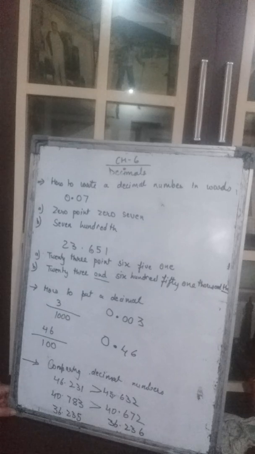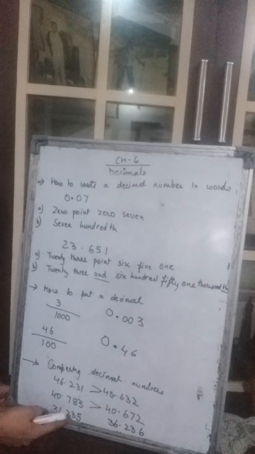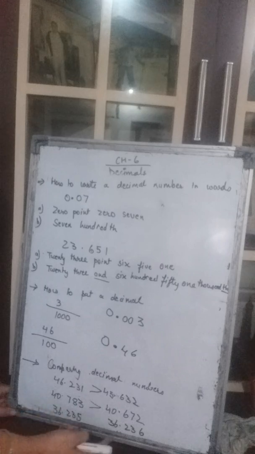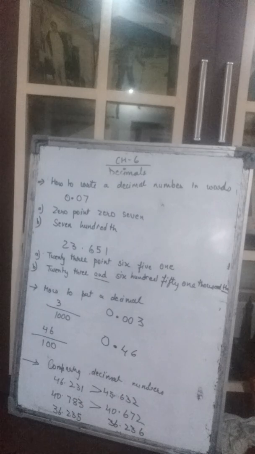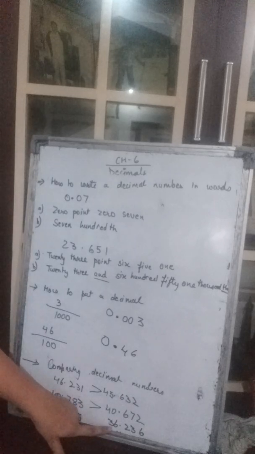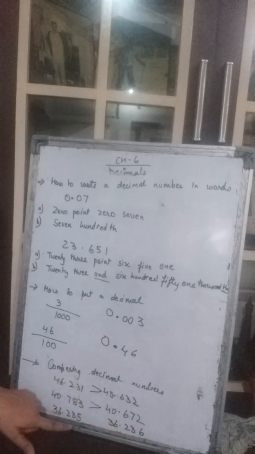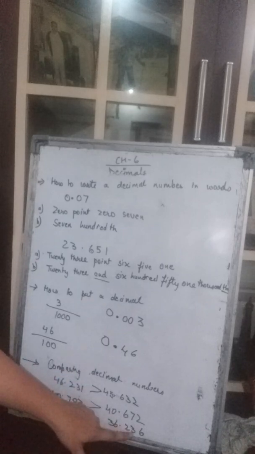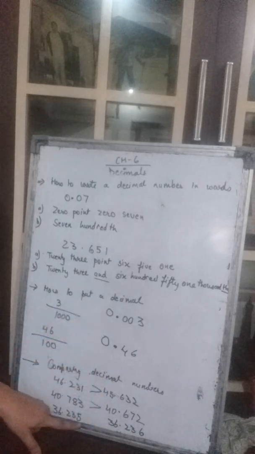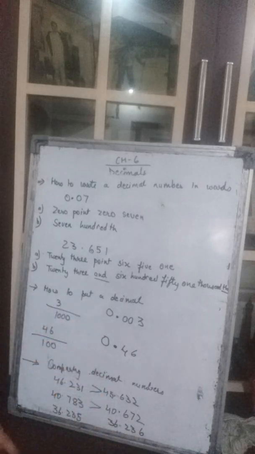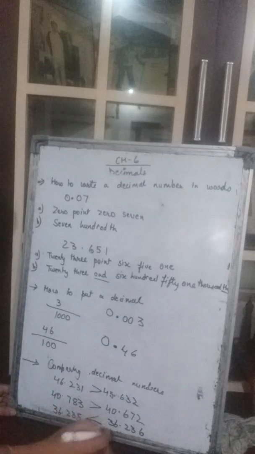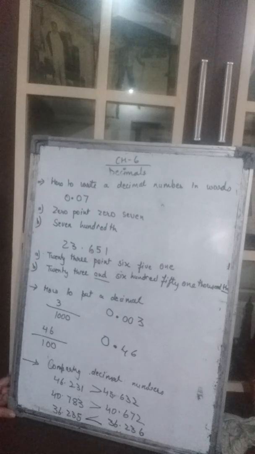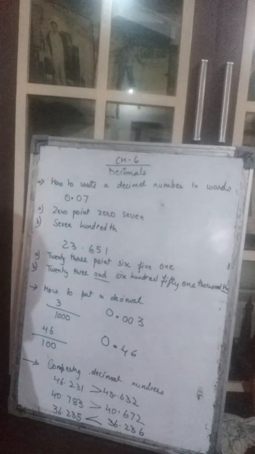Now let's take the third example. It is 36.235 and here it is 36.236. So this 36 portion is equal. We'll go after the decimal. 2 and 2 both are equal. Don't worry, go to the next place. 3 and 3 here also both are equal. Go to the next place. 5 and 6. Which one is smaller? 5 is smaller. So this whole complete number will be smaller than this number. Is that clear? How to compare the decimal numbers?